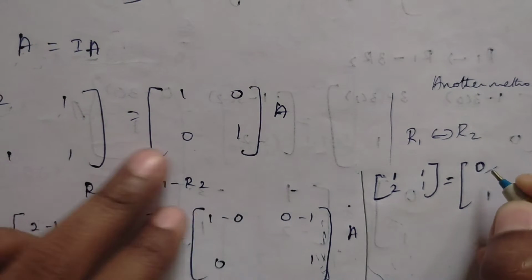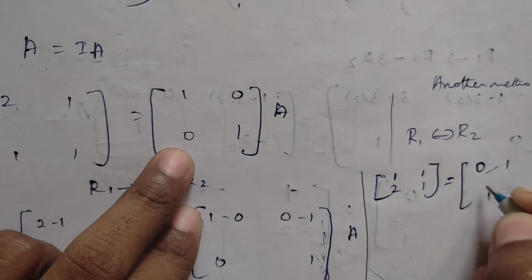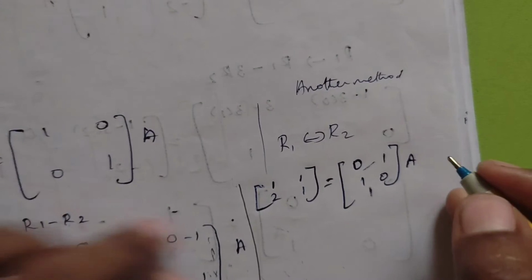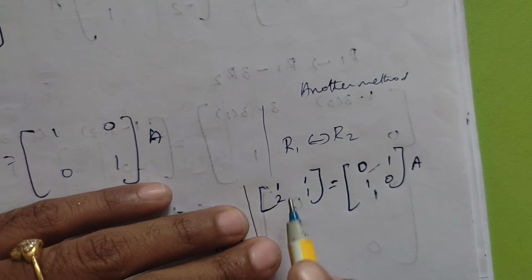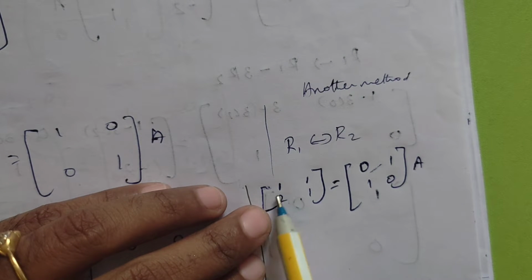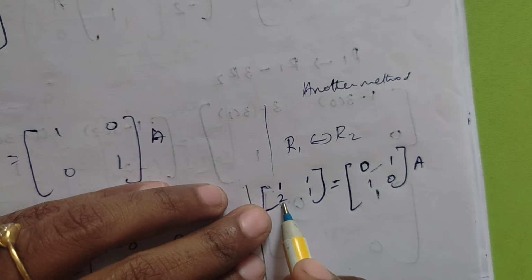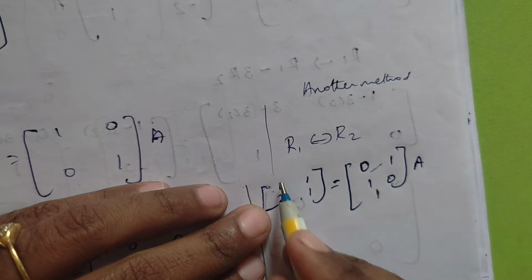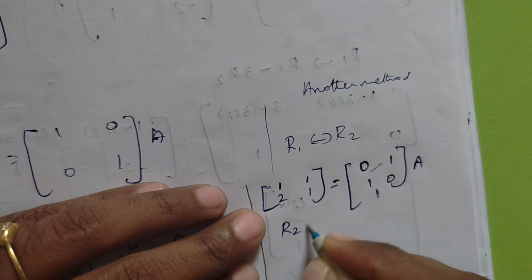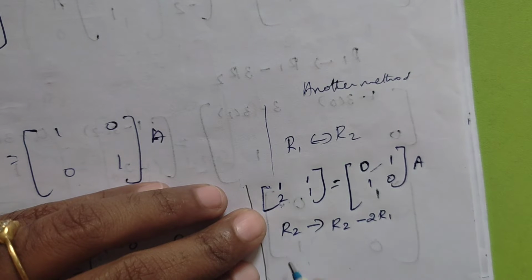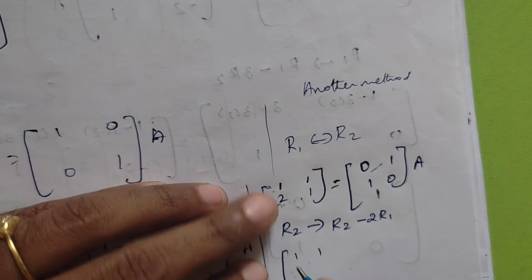Sorry, here also we have to replace 0, 1, 1, 0 into A. So the next step is, here we have to make it 0 with the help of R1. So how to make this element 0 with the help of R1? R2 tends to R2 minus 2R1. So 1, 1, 2 minus 2 into 1,